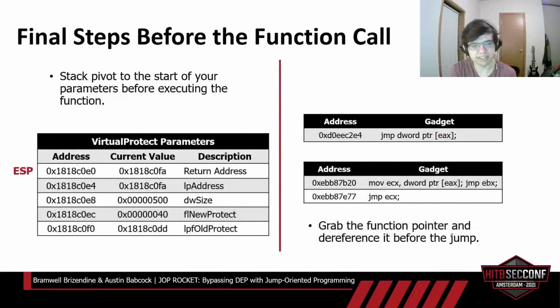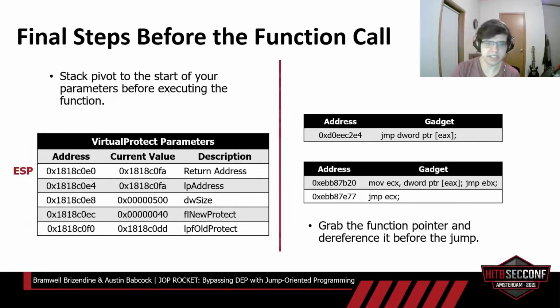Once we have all of our parameters set up in our function here, we can pivot ESP to the beginning of them before our function call. And then to call that function, we can grab the function pointer and then dereference it. There are several different ways we can do that. We have a couple of examples there. The most simple, straightforward one would probably just be the top gadget there, where we just do a jump